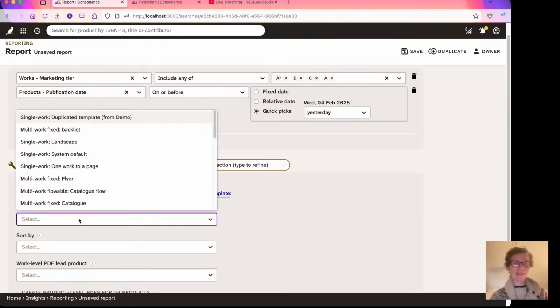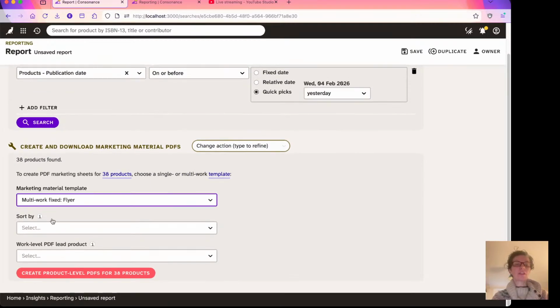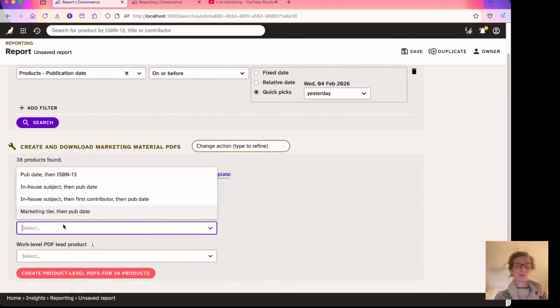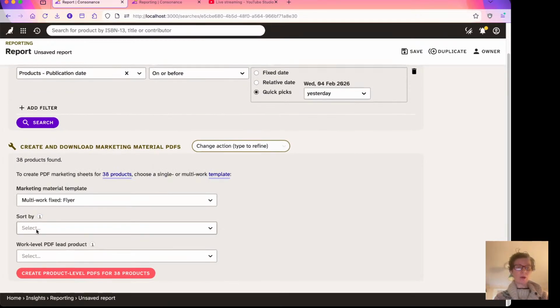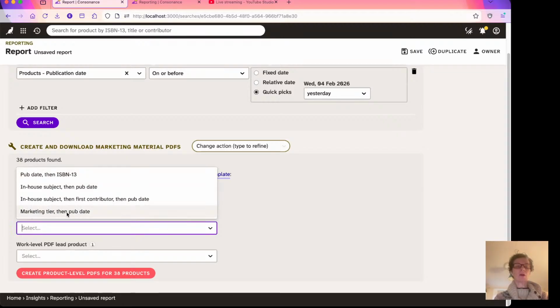The point is that there's a new option on this sort list. So this is sort by, and we've got marketing tier, and I put on then pub date descending. So you'll get all of your A stars in the first chunk, and then it'll be in descending order of pub date. And that adds to the existing sorts there, which is pub date, then ISBN 13, in-house subject,